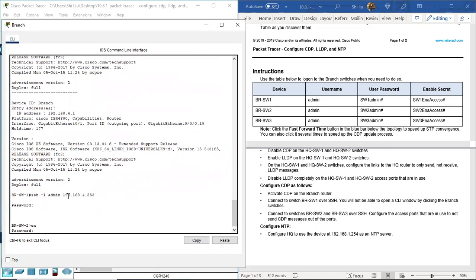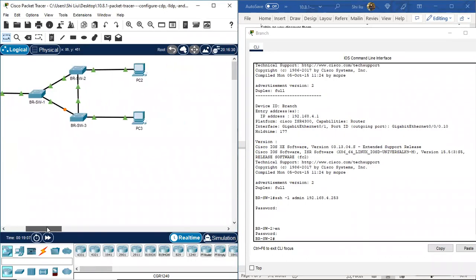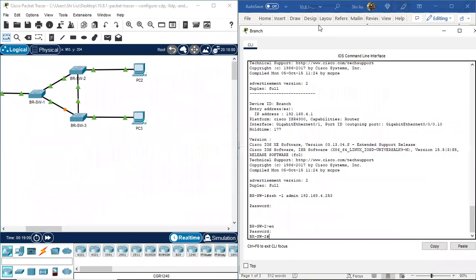Okay, so now we get on the enable. Go to privileged executive mode. We use the enable secret of this one. It's W2 ENA access #. So now from here, we can do the rest of the work. The next is to configure the access ports that are in use to not send CDP. So switch 2, branch switch 2, access port is this one,